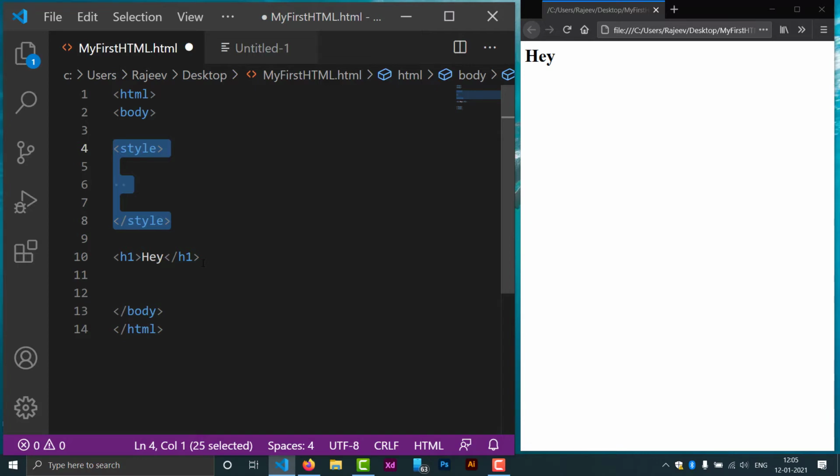Here you can see in the result it looks very simple. I want to just change it. To do that, I will write the selector name, and the selector name is h1. So here is the way to write the selector name. Write the selector name and then curly braces, and inside these curly braces will be the CSS code for the